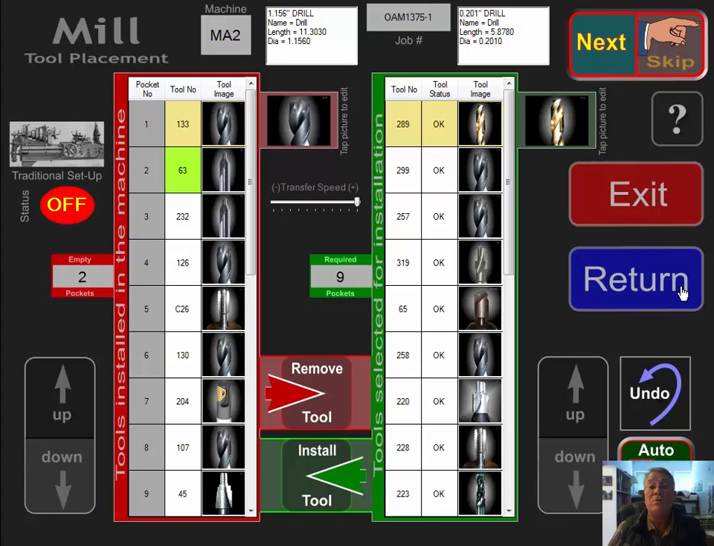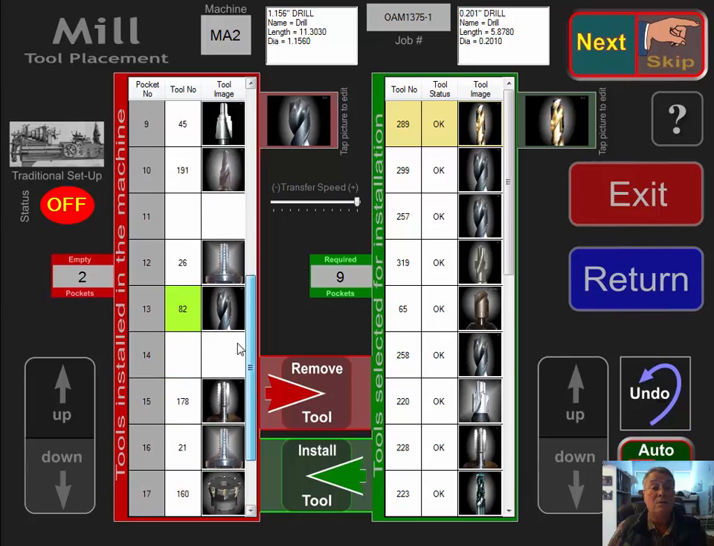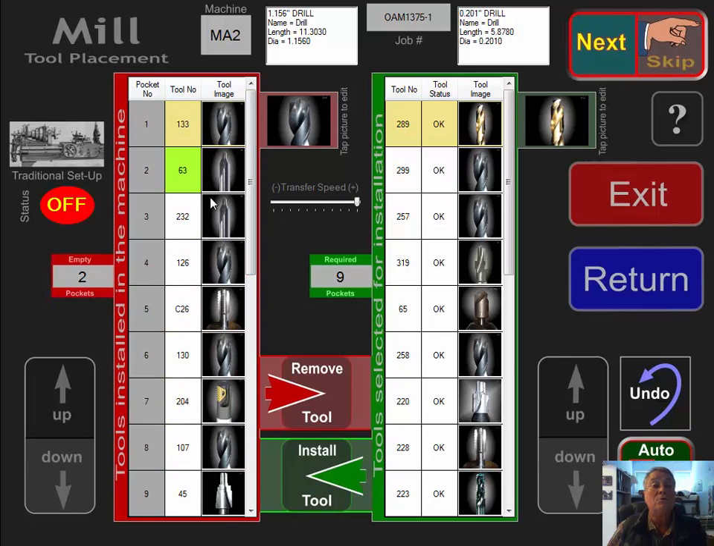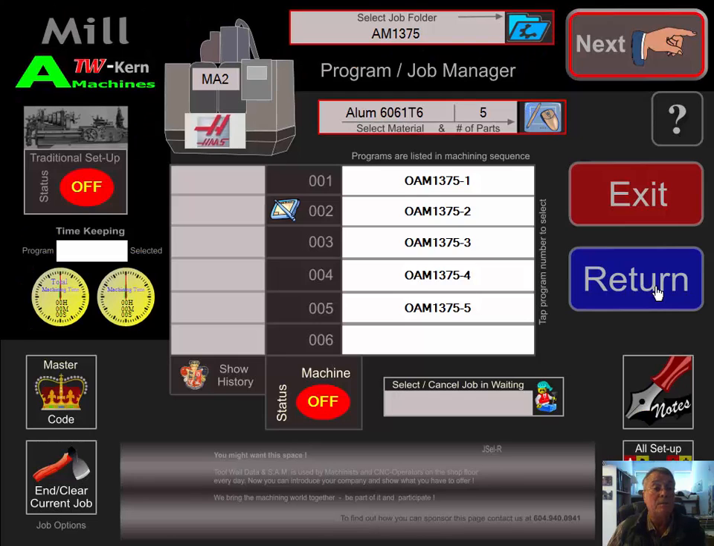So to show you the difference, we will, in this case, install 9 new tools, have 2 empty pockets, and we do have 2 tools which are already in the machine. But if I go and have a look at the program, let me go back, and I can look at the master code here,